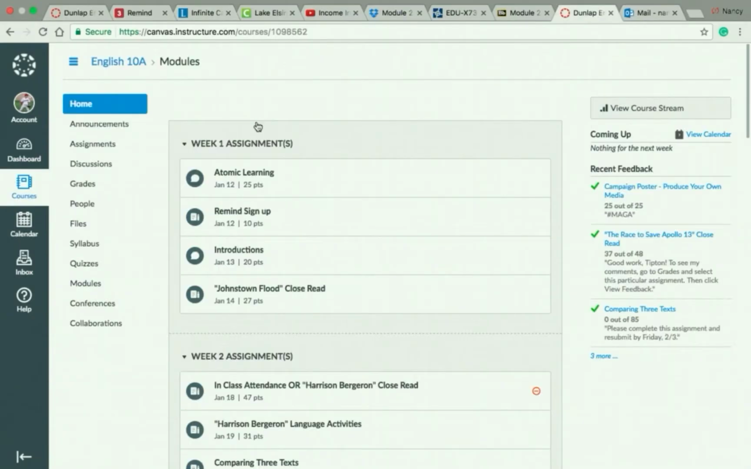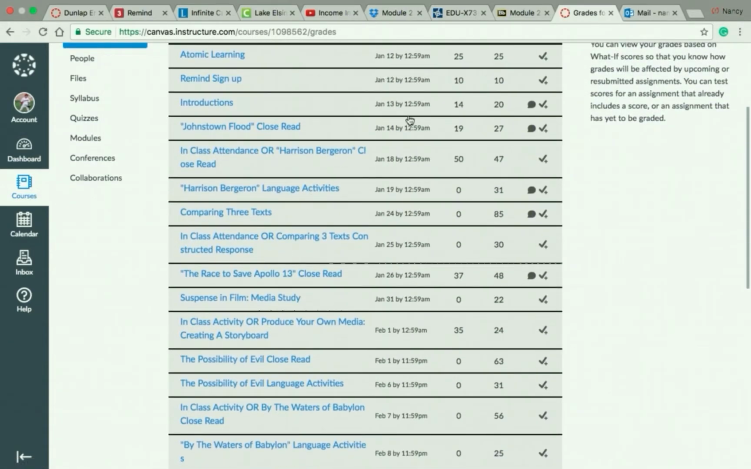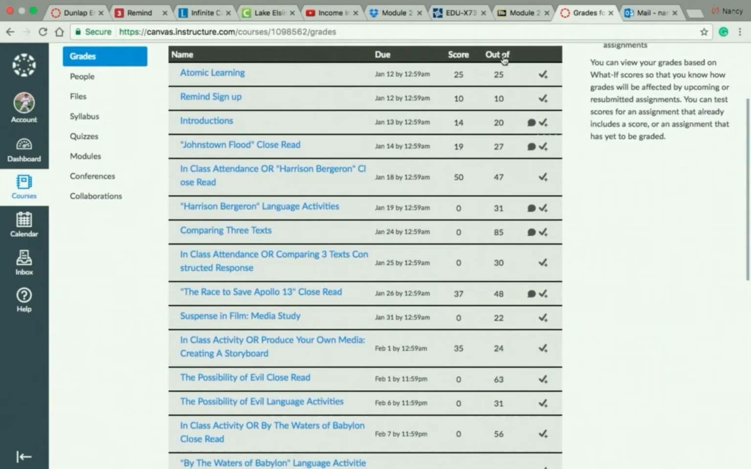Thanks. This is your home page with your assignments listed week by week. And off to the side, you can see that you have a menu where you have a place for grades. You're going to click Grades. And there you'll see your grade book with all the assignments listed, how much each was worth, and how much